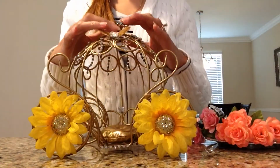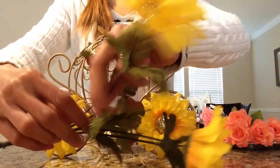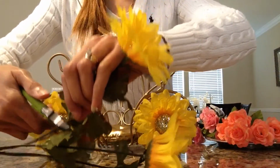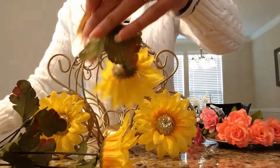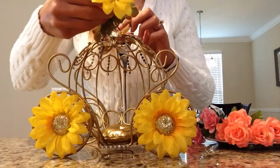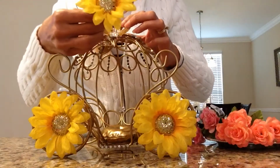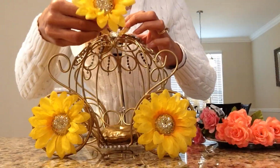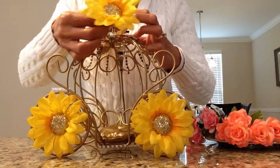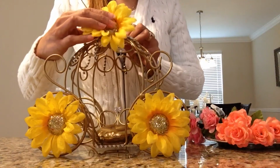Now for the top here, I'll also be adding a sunflower, and so this time I'm not going to take off the head, I'm going to cut it down here, down the stem, like this, because what I'll be doing is instead of hot gluing this, I'm just going to place this right here at the top. So I'll take the leaves off, and then I'll just push this through the wires at the top, like this, and that way it can just rest in the front of my carriage,